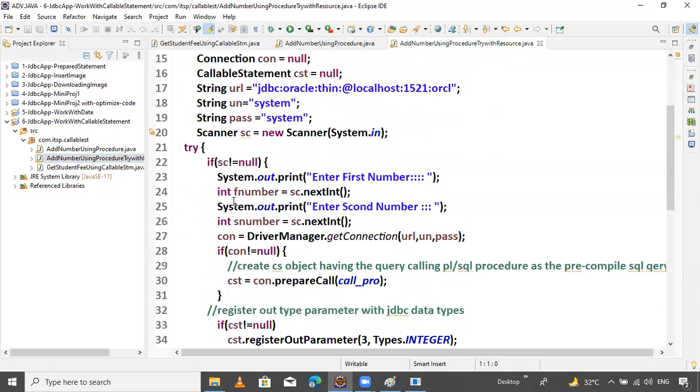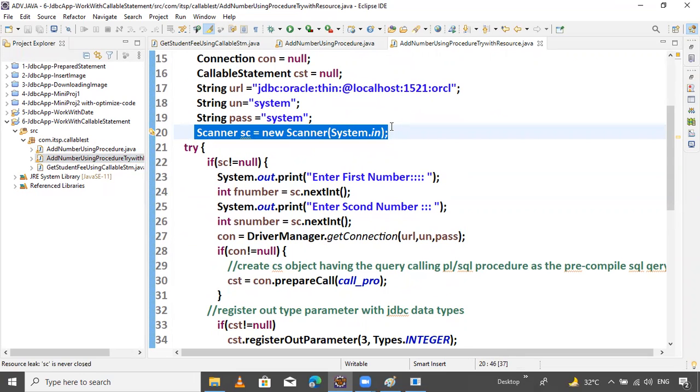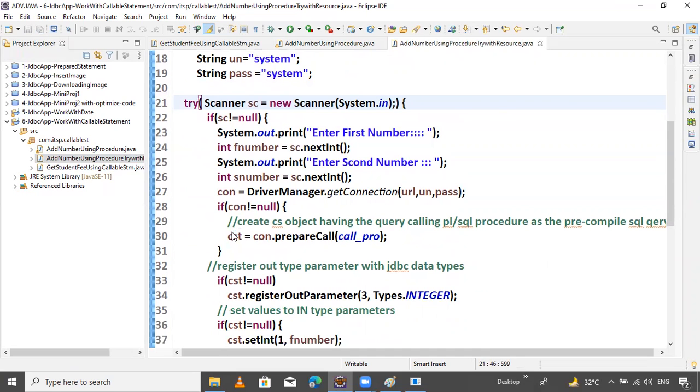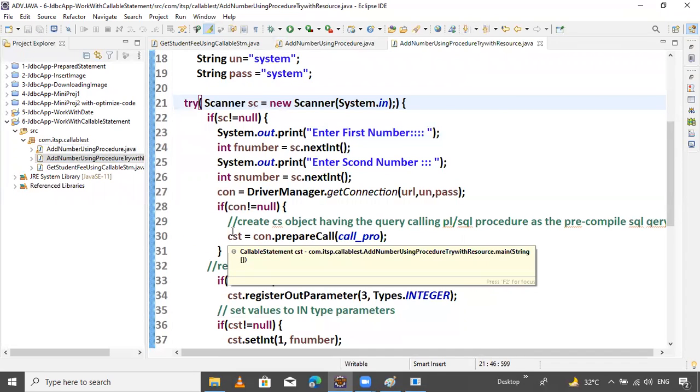Open this. So here, first see, scanner should be closable. Then set Control X, and here in try with resources, declare the connection, just put it here. Simple. So not required to close this. Now if you want the connection, not required to do.